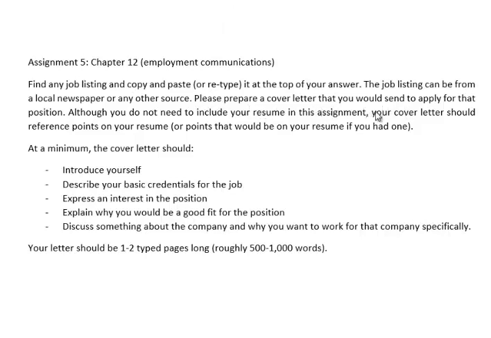Prepare a cover letter that you would send to apply to that position. You don't have to include your resume, but what we want you to do is to establish a cover letter. And a cover letter is the ultimate in persuasive writing. We discussed a lot about being concise, about being clear, about being positive, about not using cliches. Don't say hire me, I'm the bee's knees. I mean, if you do that, you're not getting the job. It's almost a guarantee. Don't use cheesy cliches.